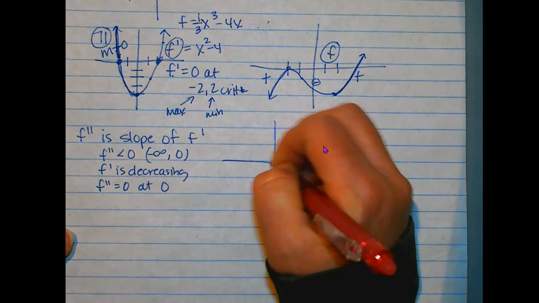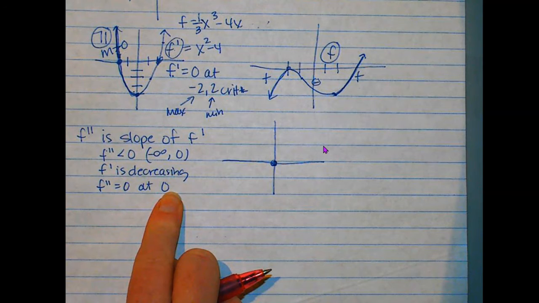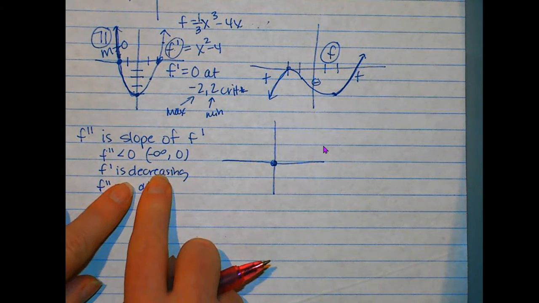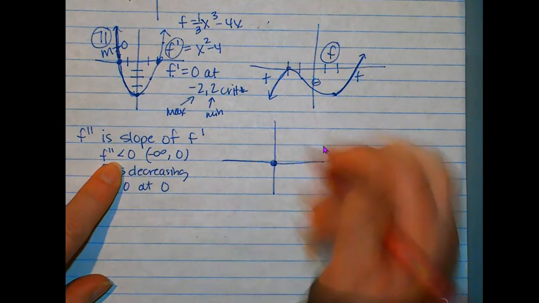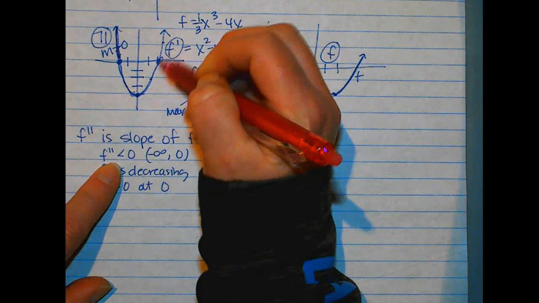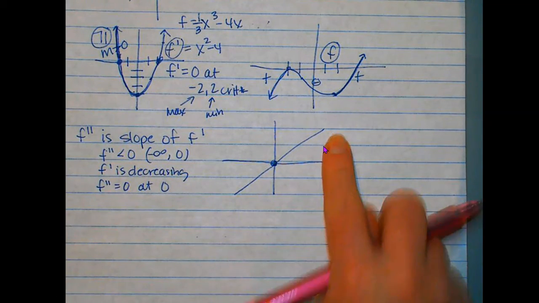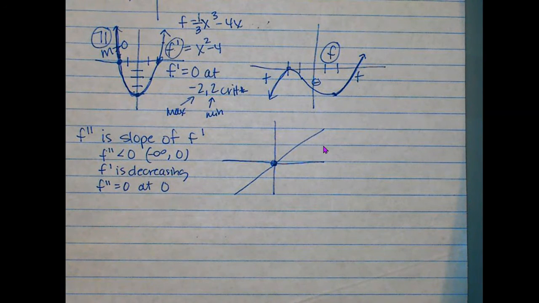So it's 0 here. I can actually put a point at 0, 0. And it's decreasing before that, which means it's less than 0, and it's negative. On this side, it's increasing. That means it's positive. And if you want to be specific, it is a straight line because this is second degree and this is first degree. It means that the acceleration has a constant slope,